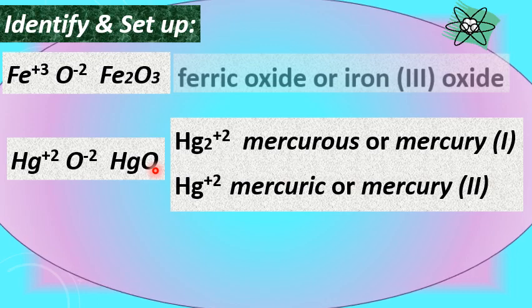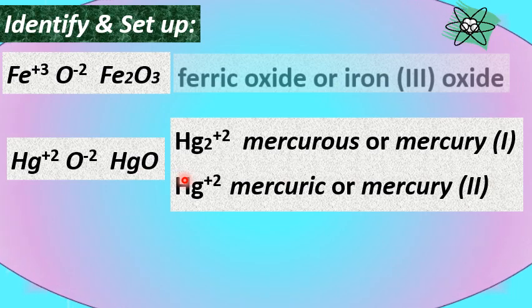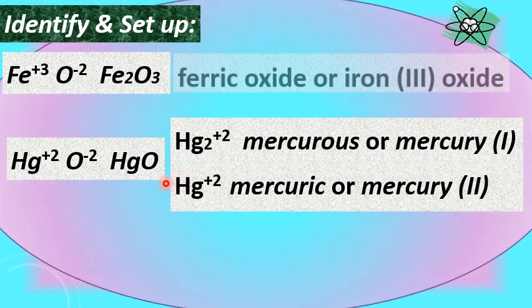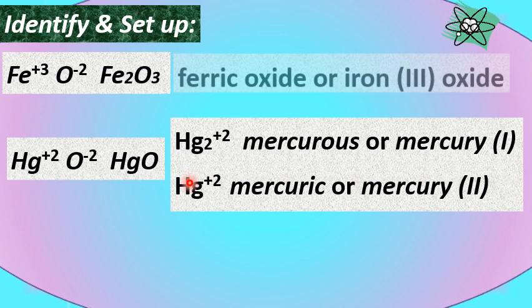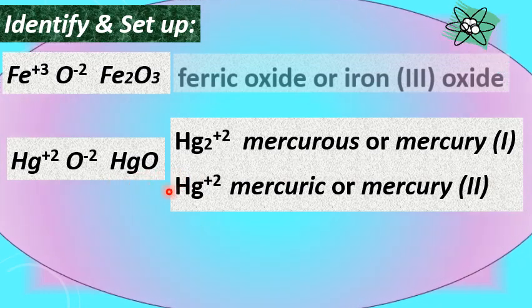So here, a diatomic mercury ion has a net positive 2 oxidation number, meaning each mercury atom has a positive 1 oxidation number. While in a monatomic mercury ion, the charge is positive 2. So the diatomic mercury ion is the one read as mercurous,